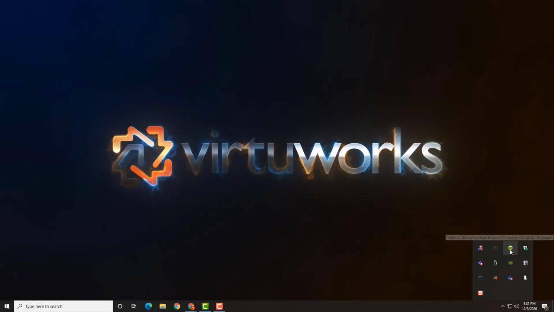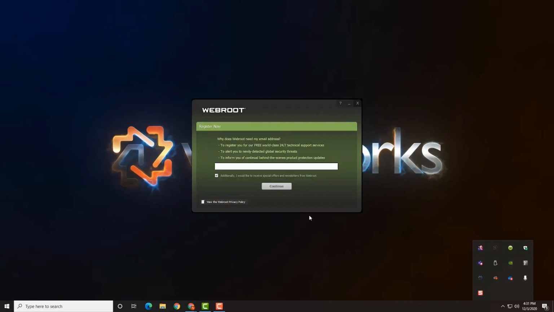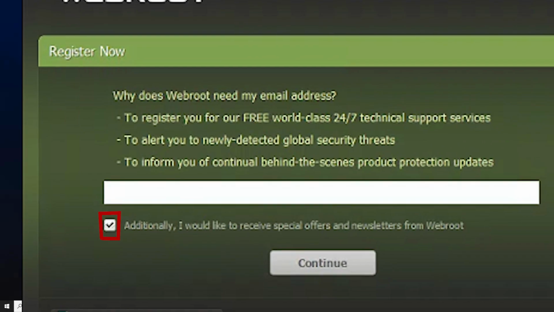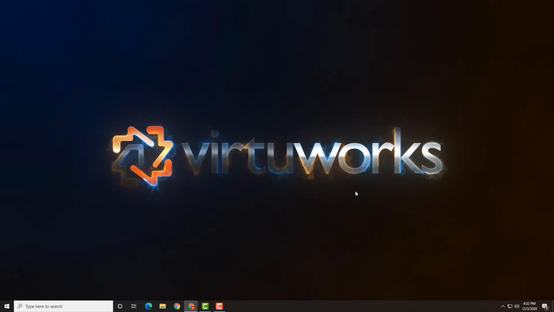Also, a green dot with a W should be present. This is the WebRoot antivirus agent. Right-click the WebRoot icon and select Refresh Configuration. WebRoot will likely have also requested your email address for activation. Be sure to uncheck the box that allows WebRoot to send marketing emails to the address you supply unless you're interested in such things. So now that we've completed the installation of the MSP Control Agent software, let's take a